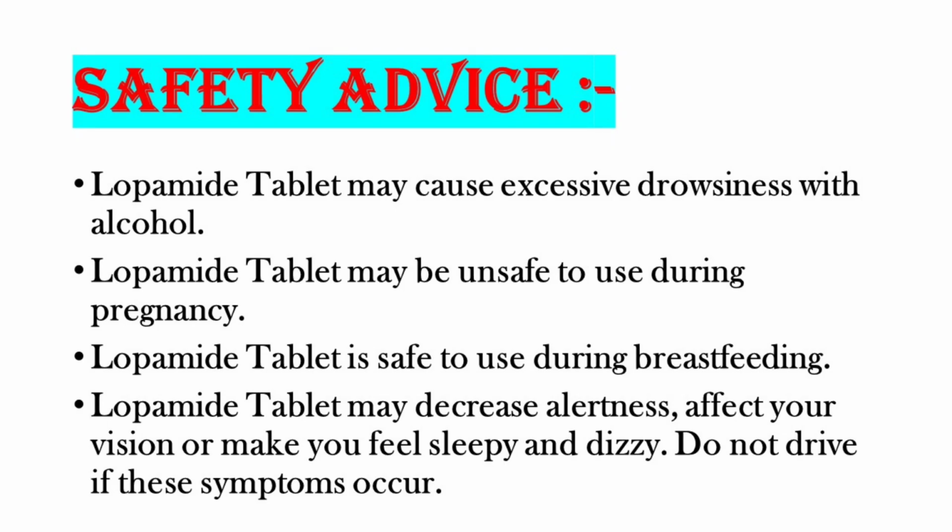Safety advice. Loperamide tablet may cause excessive drowsiness with alcohol. Loperamide tablet may be unsafe to use during pregnancy. Loperamide tablet is safe to use during breastfeeding. Loperamide tablet may decrease alertness, affect your vision,